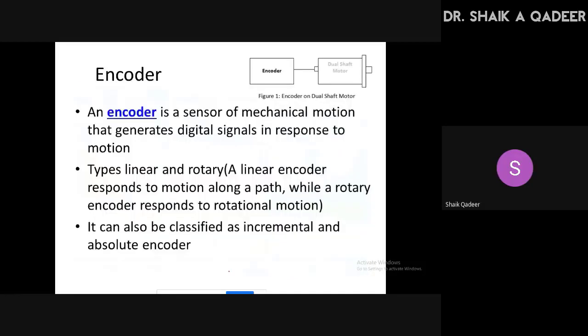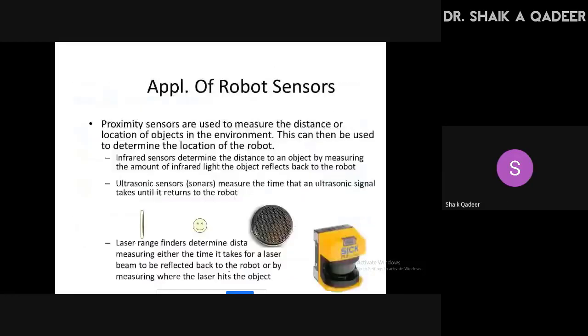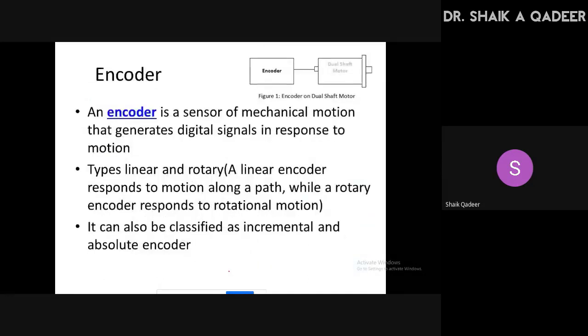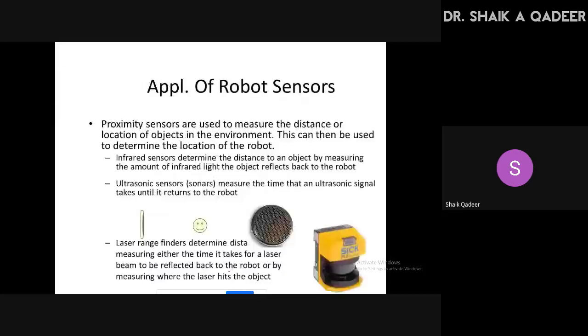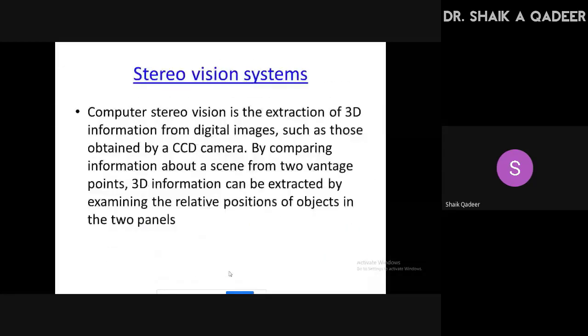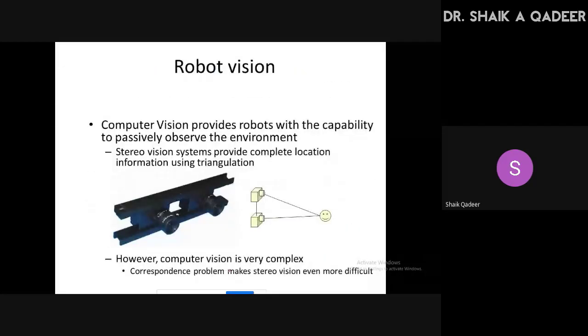Now I am moving to the last topic. These things are not actually in the syllabus. If time permits, I will discuss them because they are also needed in our robotic sensors. As we have time constraints, I cannot discuss the extra things. Please excuse me for that. Now I'm moving to the last topic of discussion, that is nothing but robotic vision.